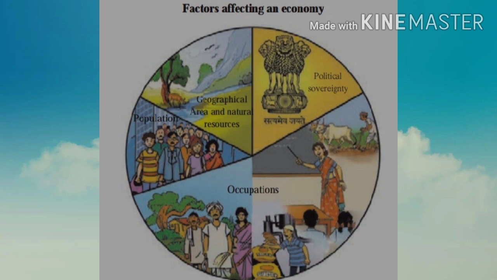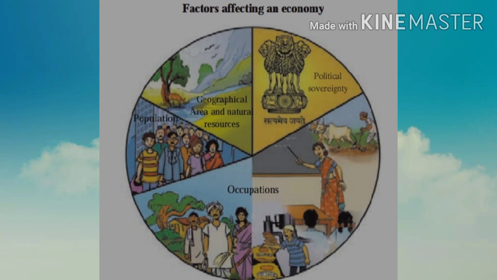Secondary occupation means the factory systems, sugar factory or the different types of automobile factories, all are covered in the secondary occupation. And the third one is also called tertiary or service sector or tertiary occupation. Means all kinds of services such as insurance, banking, teaching, lawyer, postal services, medical services, all are in tertiary services.